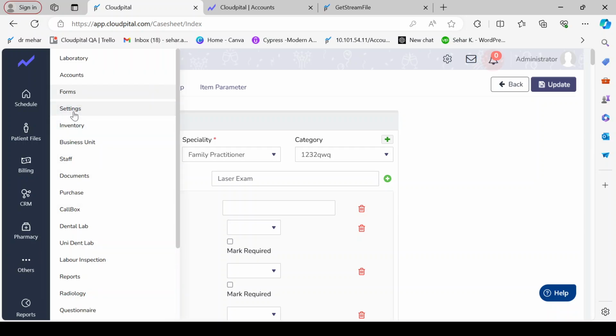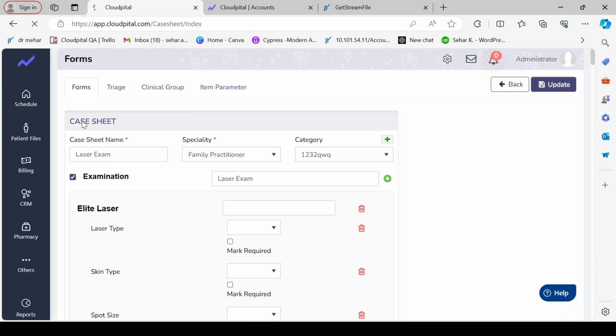And the other thing is we have a setting module where we can create and manage all of the brand settings. We can manage multiple types of settings, like which option is mandatory, which option is not mandatory, which option is enabled, and which option is not enabled. So we can manage these settings from our setting module as well.